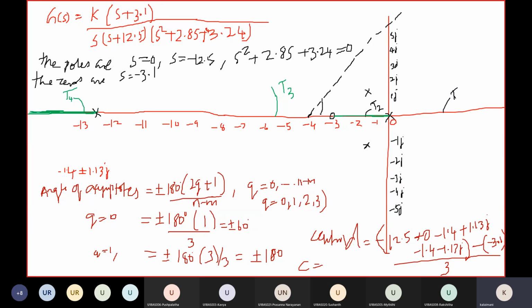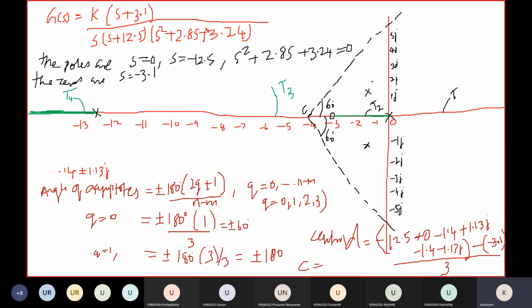This angle is to be 60 degrees. The same way you have to space the bottom also. Plus 60 degrees, this is centroid C. Then 180 degrees asymptote, it will lie on the negative real axis. Okay, another one asymptote. Once we find the asymptotes, then if we have a complex conjugate pole, then we have